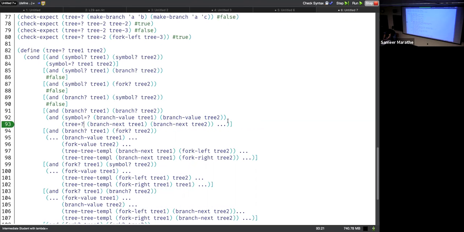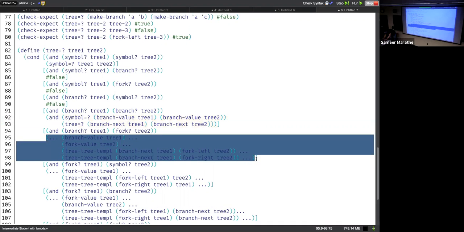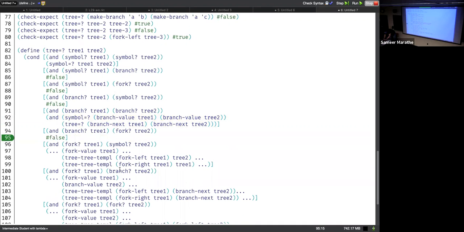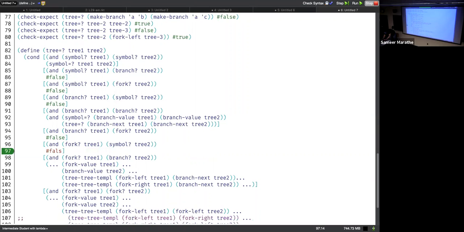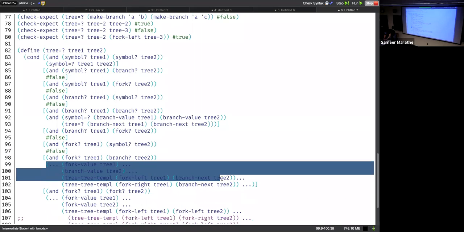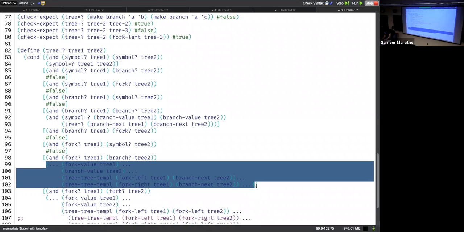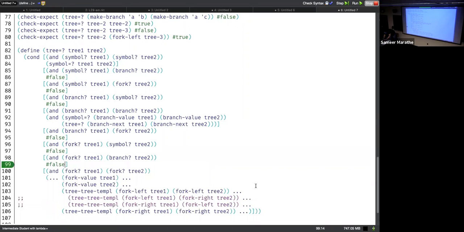Yeah, I just call the function recursively. Okay. The boring case is if I have a branch and a fork, it obviously cannot be the same. If I have a fork and a symbol, cannot be the same. If I have a fork and a branch, cannot be the same. If I have a fork and a fork,